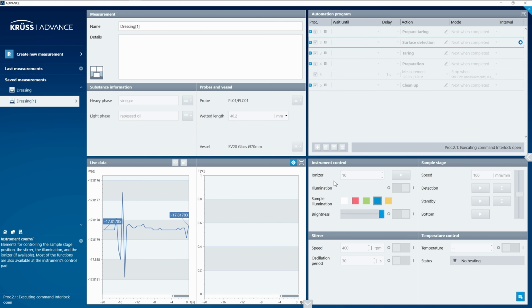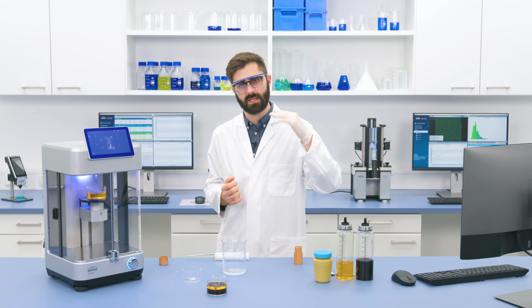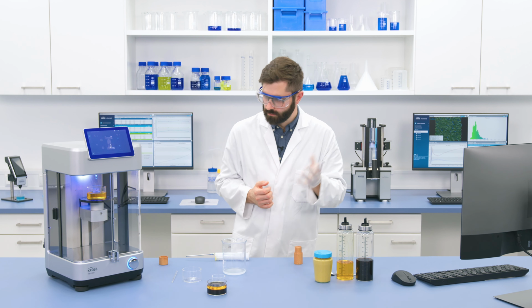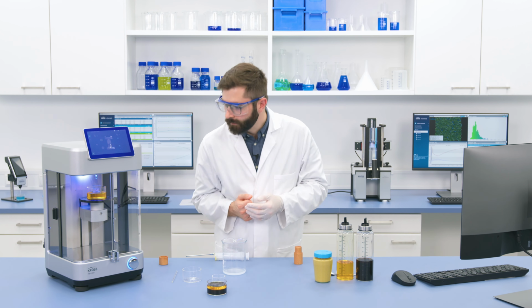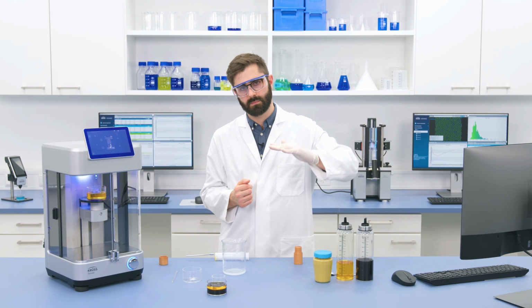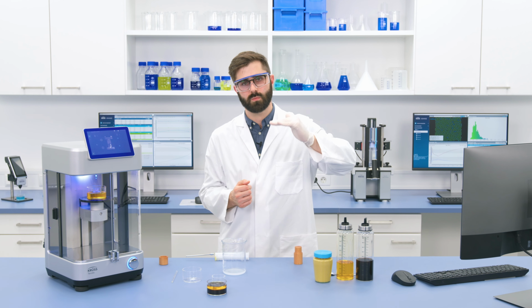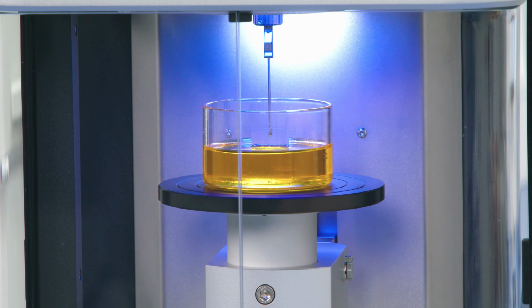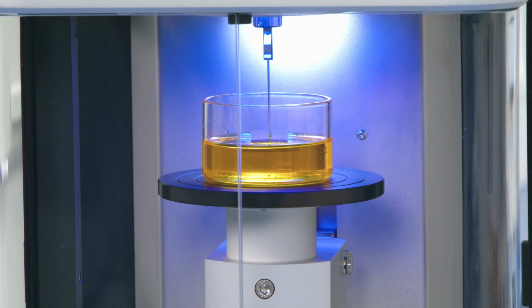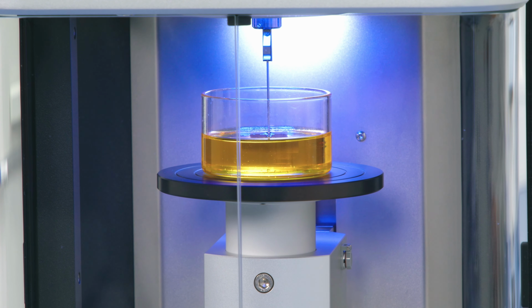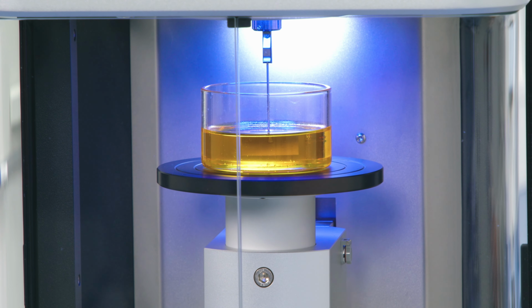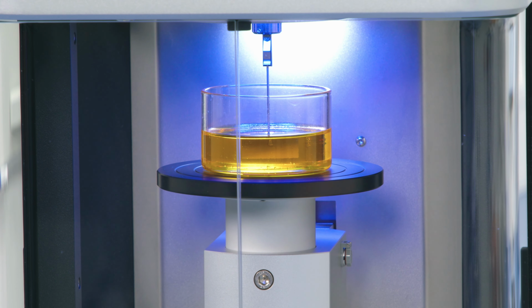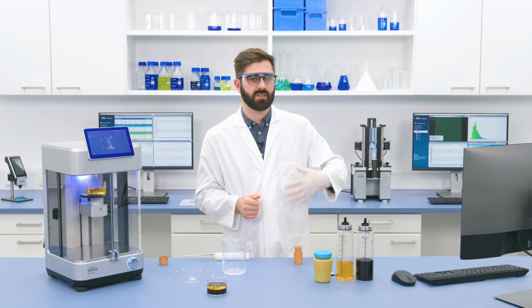And it will go through those steps again. So like we did before, first of all, it needs to dip the plate into the oil to see what the buoyancy force of the plate is in the oil. Right, so we'll start with the surface detection. And here the sample stage will move the sample slowly up towards the bottom of the plate until they touch. Okay, so it's just touched the sample there. It's dipping the plate in. And when it's finished with that, Advance will pop up with another message for the next steps.